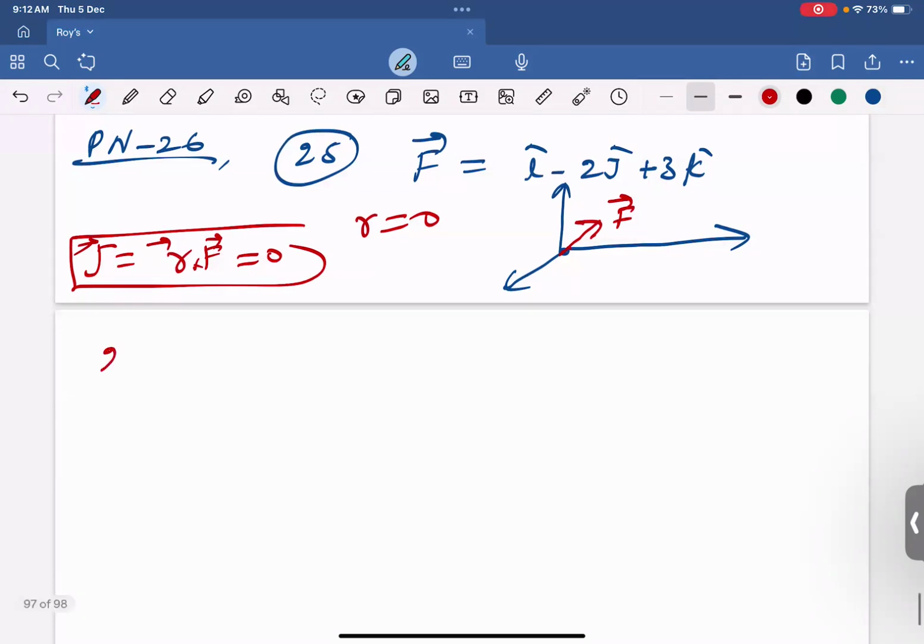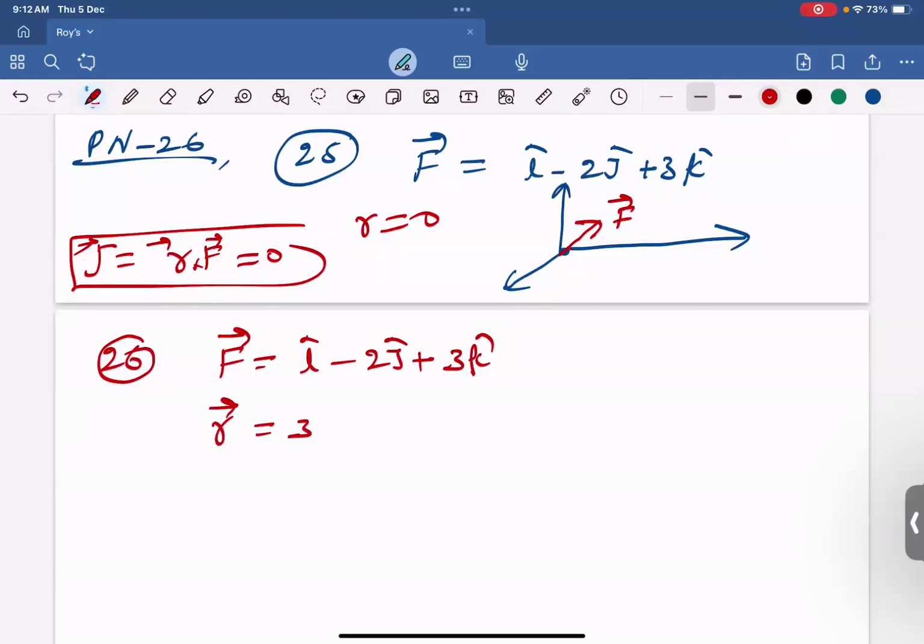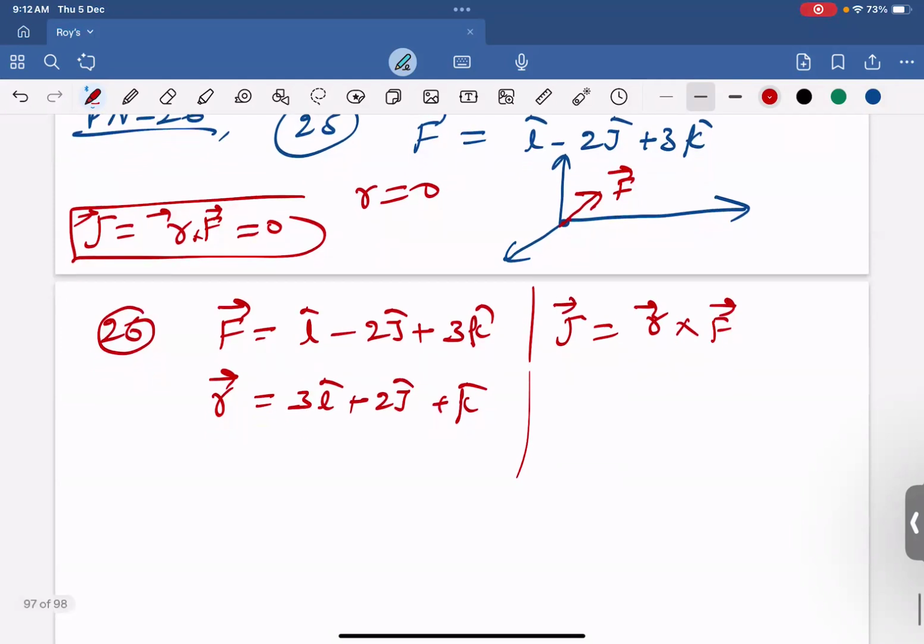क्वेश्चन नंबर 26 में लेकिन r कुछ दिया हुआ है, देखो उसमें फोर्स वेक्टर दिया हुआ है i कैप -2 j कैप +3 k कैप, और पोजीशन वेक्टर मतलब कुछ डिस्टेंस पे r भी दिया हुआ है। r कितना दिया हुआ है, ये 3 i कैप +2 j कैप +k कैप। तो अगर हम यहाँ पे चाहें तो टॉर्क निकाल सकते हैं बाय द फॉर्मूला, दैट इज r क्रॉस F, और फिर हमें क्या बताना है, j कॉम्पोनेंट ऑफ द टॉर्क बताना है।